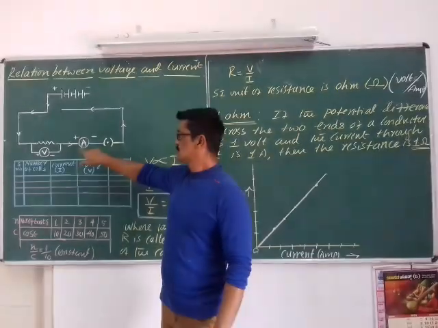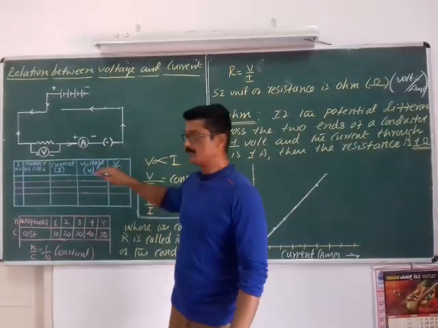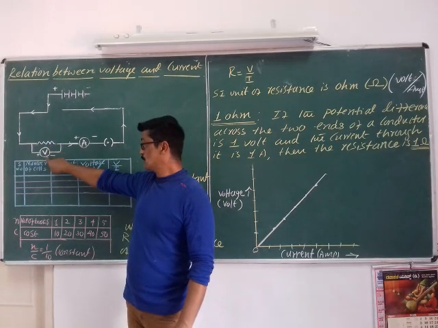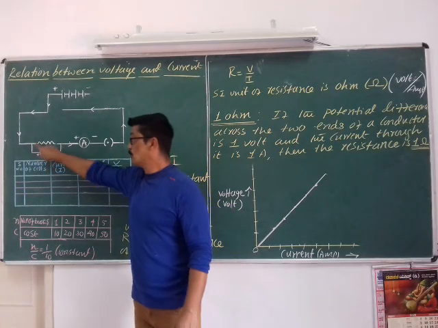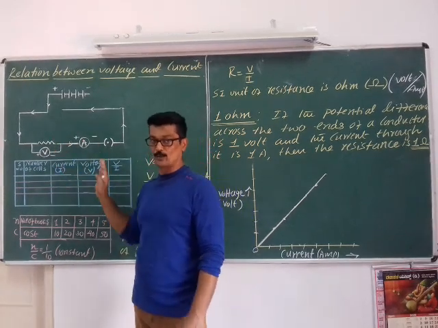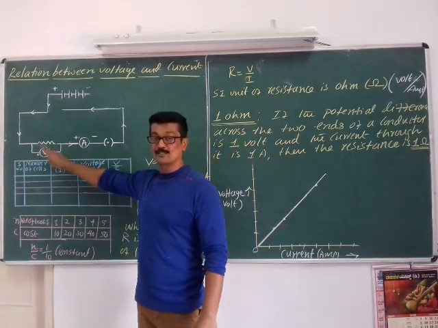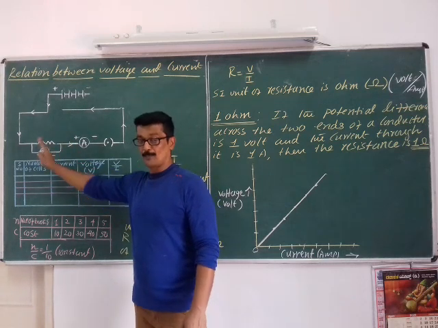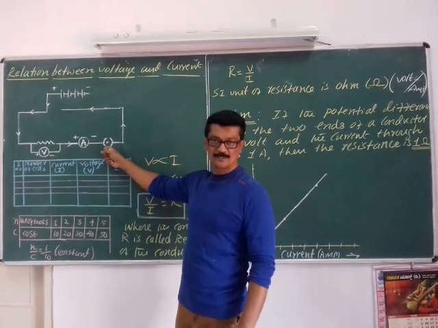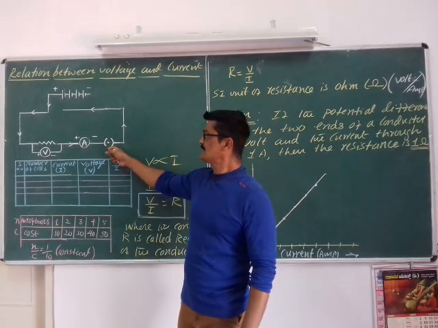And you know what is an ammeter and what is a voltmeter. Ammeter is to measure current in the nichrome wire. Voltmeter is to measure voltage across the nichrome wire. One is to measure current in the nichrome wire and the other one is to measure the voltage or potential difference across the nichrome wire. Here is a switch. It is to make and break the circuit.